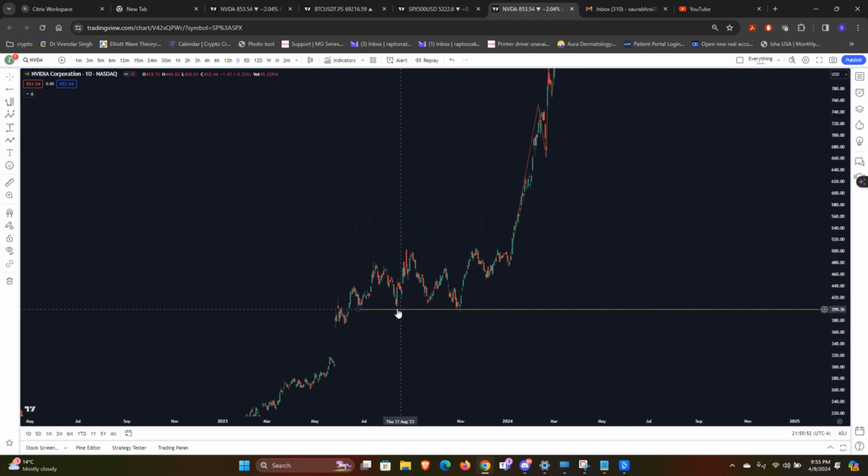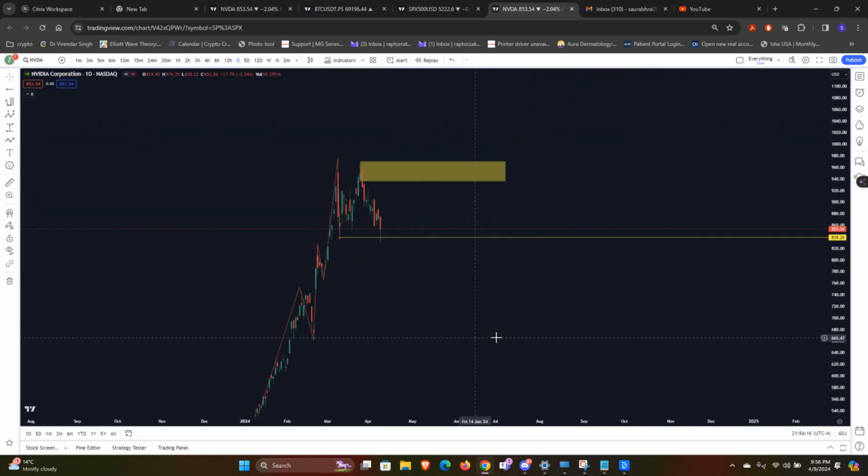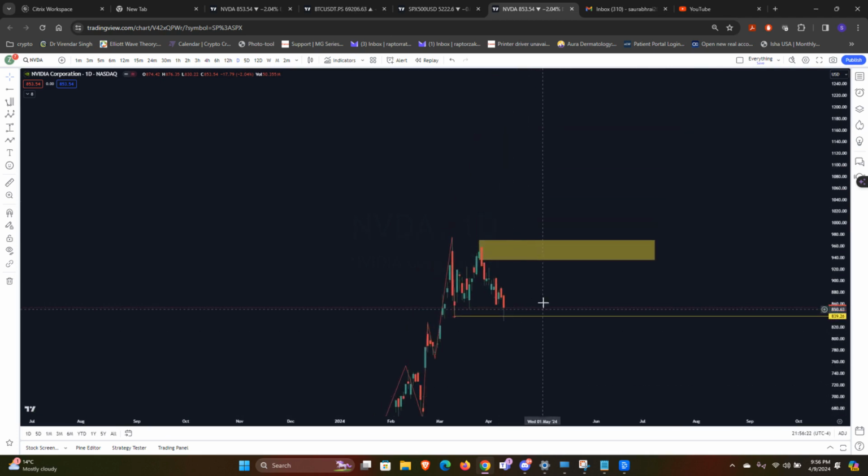What we did is we SFP'd this last time, and then we broke up. And this is where the SFP was confirmed. We broke up from this high, the last high. And then we did model 2 reaccumulation over here. And then, what happened after that. So it's possible we can do something like that. But it's not going to be confirmed until and unless we break this high. Basically a candle body above this high,